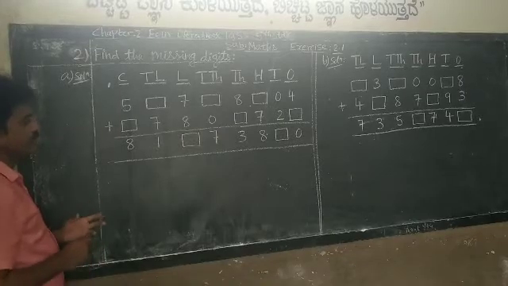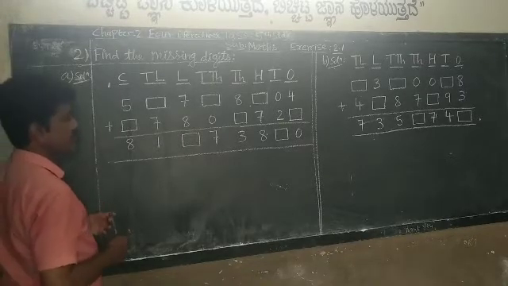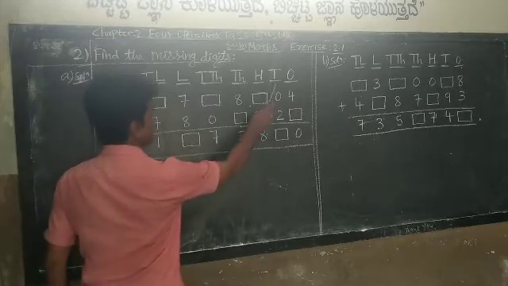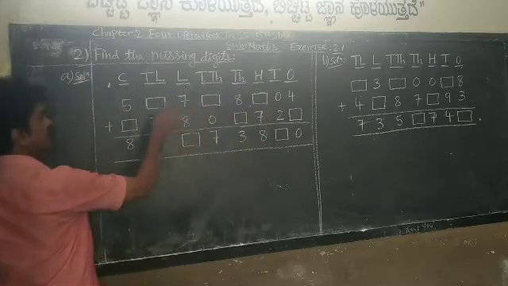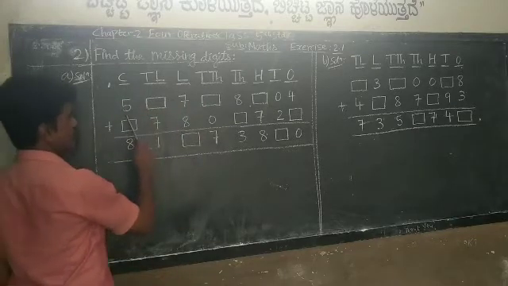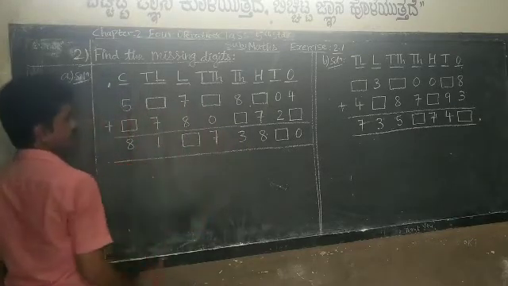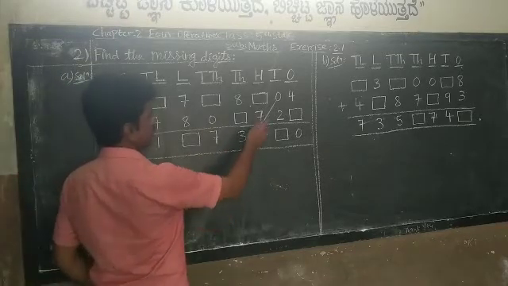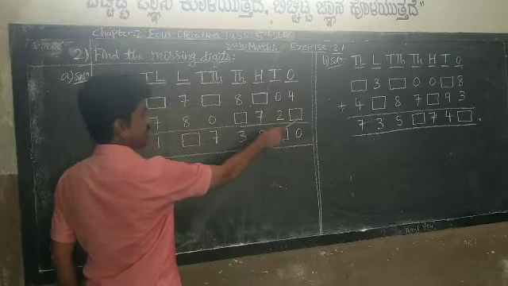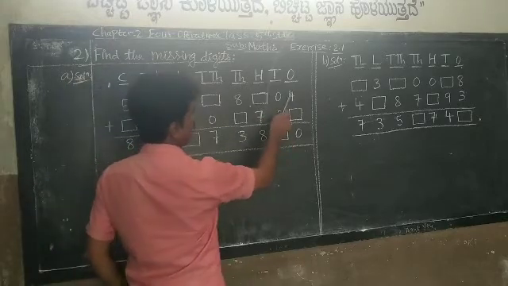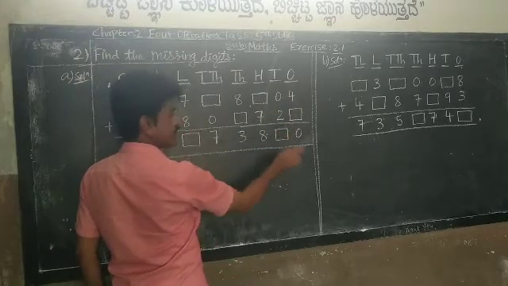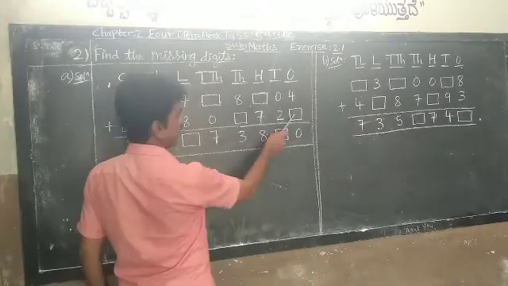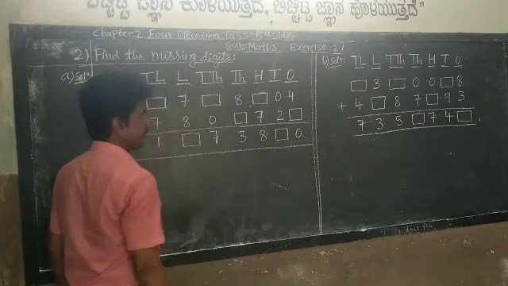So, whatever may be the question, in addition, start from the extreme right side. See, the place value is given: 1, tens, 100, 1000, 10,000, lakh, 10 lakh, crore. So, up to crore, these numbers are there. And this is the sum. See, start from extreme right side, that is ones place, and see what is the question. 4 plus dash. Box means you think it is a missing number. It is like filling the blanks. You have to fill the correct digit here.